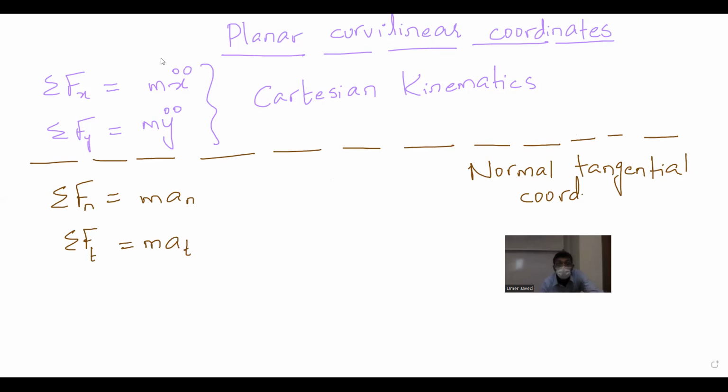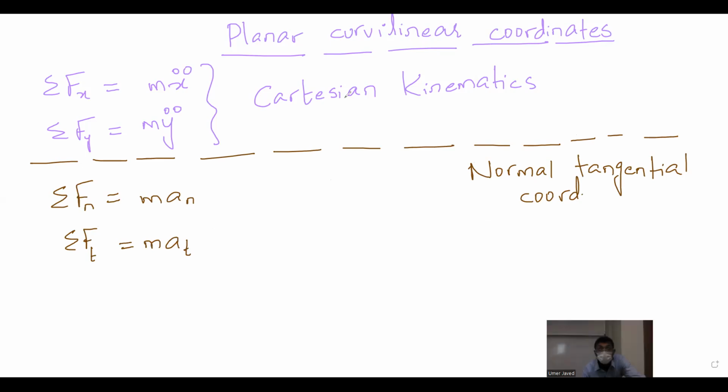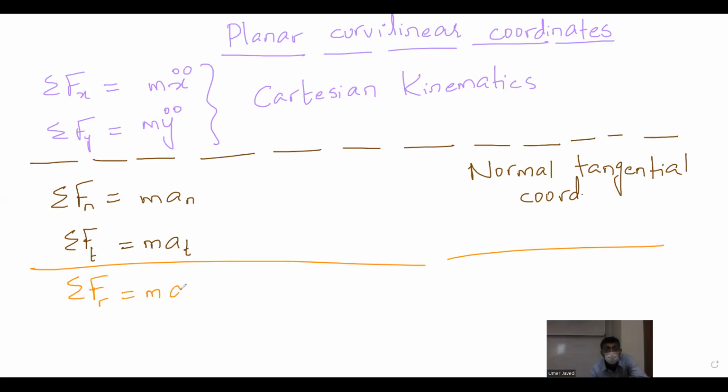Now there is one more thing, not sure if everyone remembers this, which is our favorite formula, summation F_r equal to m a_r, summation of forces in the radial direction is equal to mass multiplied by acceleration of the object in the radial direction. The summation of the forces in the theta direction is equal to mass multiplied by acceleration of the object in the theta direction, where a_r is equal to